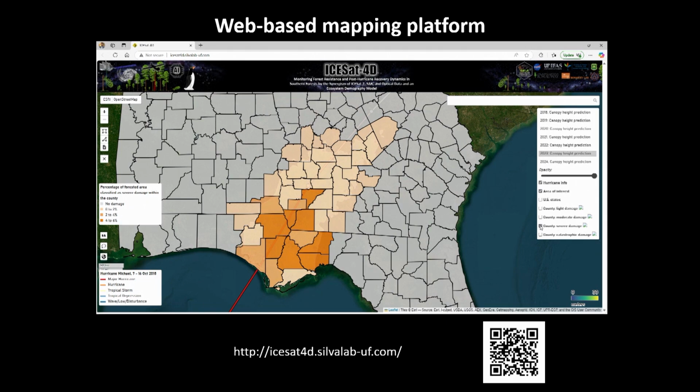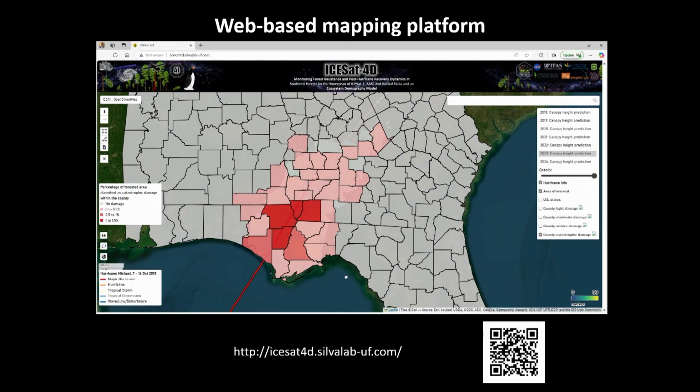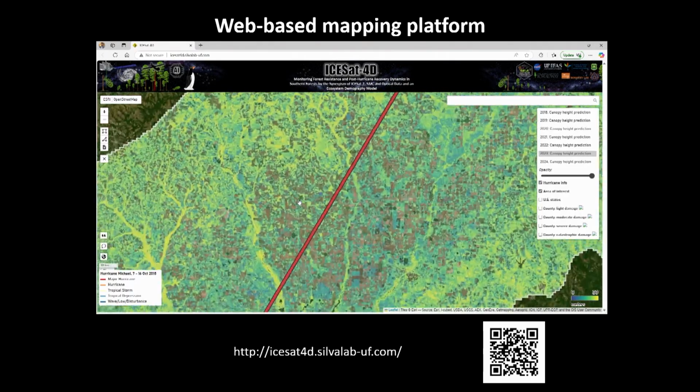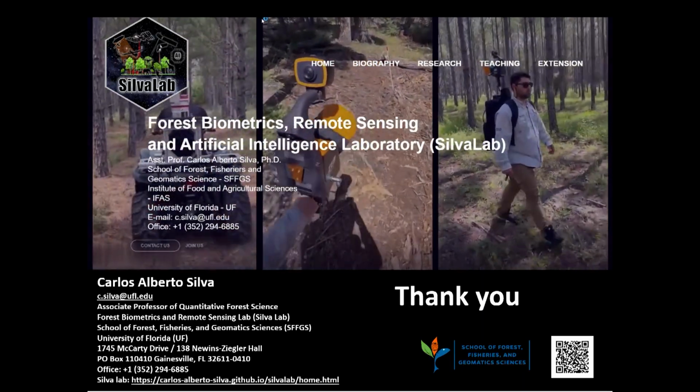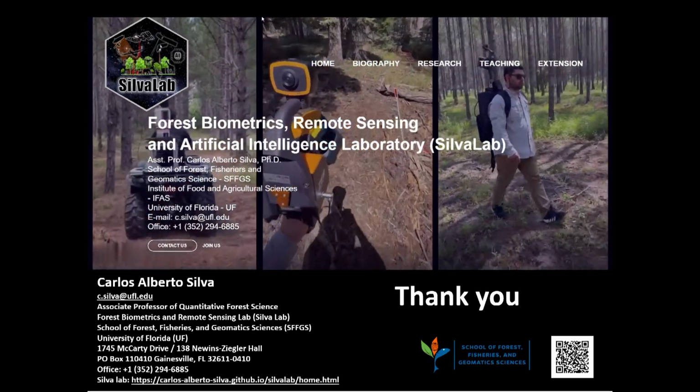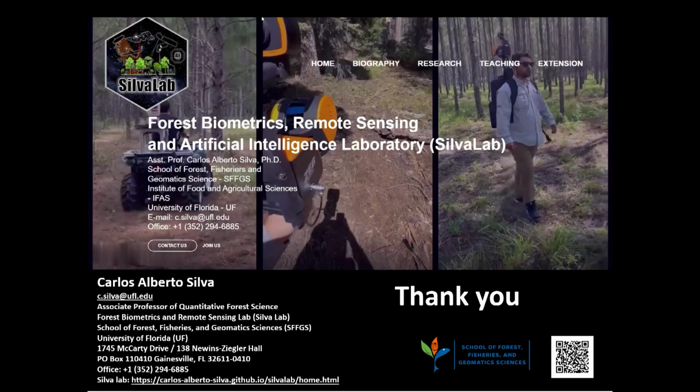After producing the maps and getting the damage severity, we summarize the damage severity by county. So you can see here the catastrophic damage by county, the severe, light, and no damage. I think this is really important for the stakeholders, for government agencies, for insurance claims, and for silviculture operations that need to be done after a disturbance event. I guess that's what I had prepared for today. Thank you very much. I'll be glad to address any questions.